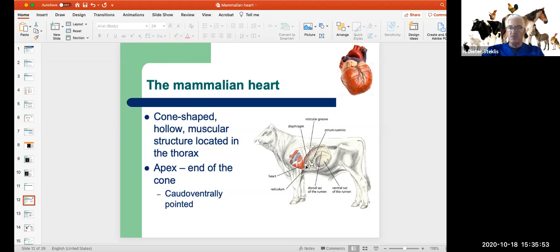And that's the same arrangement we have in terms of our heart being located in the thorax or thoracic cavity, separated from the abdomen by the muscular diaphragm. That's important for breathing, of course, regulating breathing. So we can also think about the apex of the heart pointing, not dorsally, but posteriorly, towards the rear end, as it were,